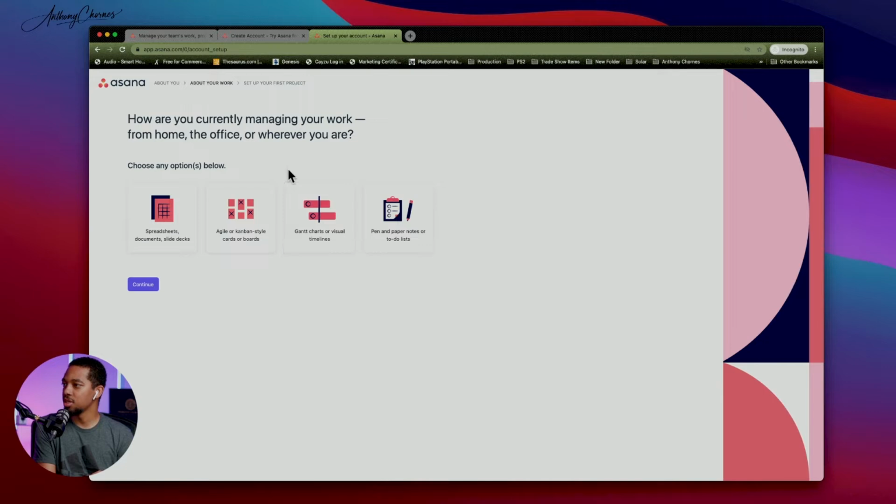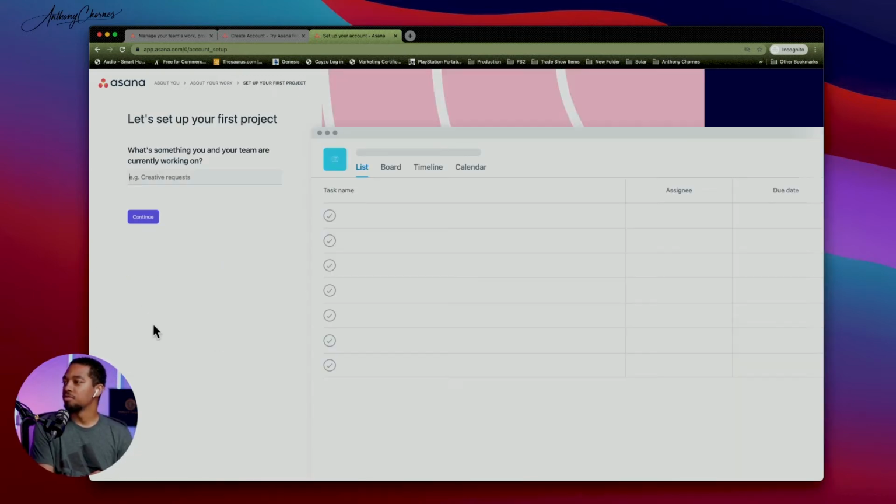And as you can see, it kind of brings up some different templates, if you will, of some different options of what projects you can create. So you have your spreadsheets, you have your boards and cards, you have visual timelines, you have pin notes and to-do lists, things like that. But there's a lot of different ways you can create and display your projects. So right here it says, let's set up our first project. And I'm not going to show you this. I'm actually going to bring you, let me slide my